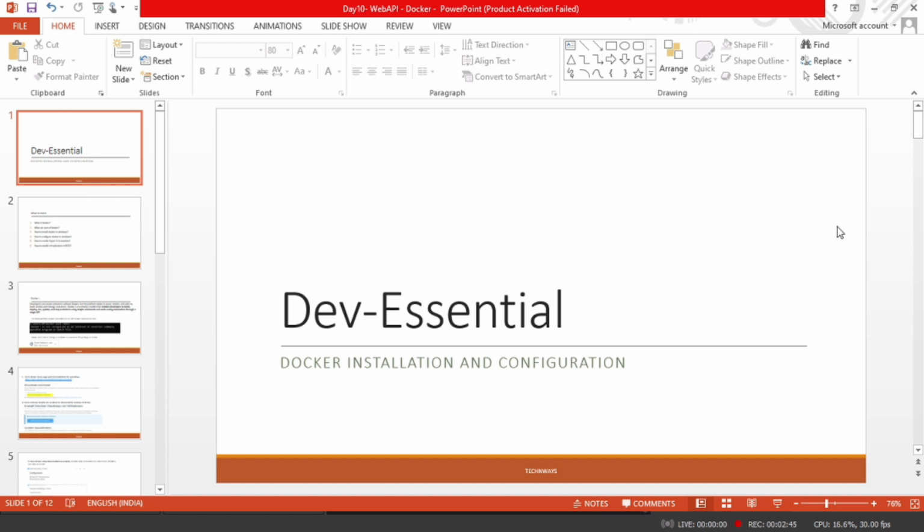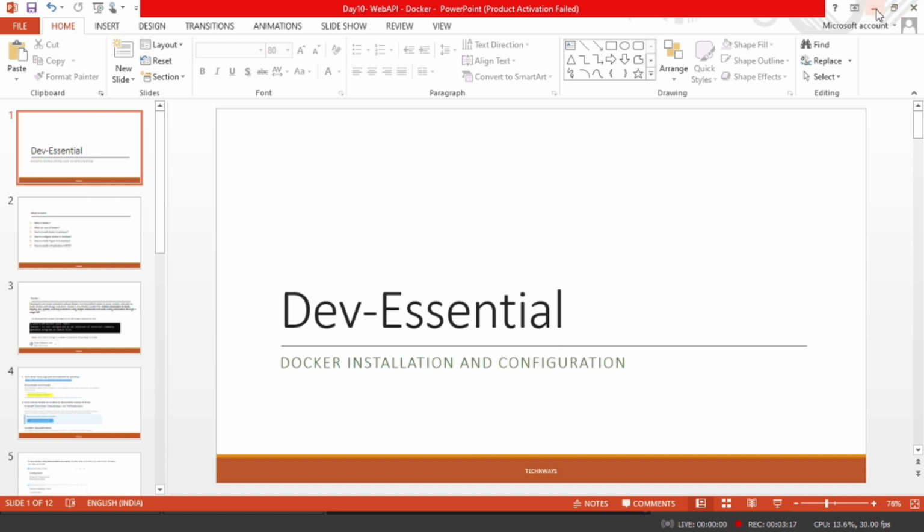So we can call those services and those APIs inside our Windows using that container. Basically, Docker provides the facility to configure server-based configuration inside Windows Home. So in this video we are going to see how to install Docker and how to configure it in our Windows Home Edition.